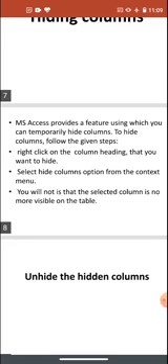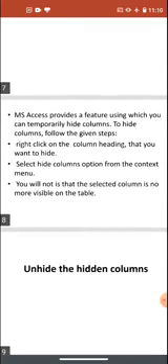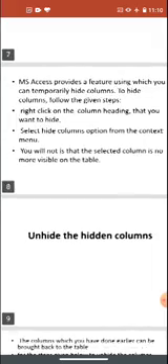So how will you hide the column? First you have to see the database and decide which column you have to hide. Select that particular column, and then do the right click. When you right click, a context menu will appear. In that context menu, select the option Hide Column, and you will see that the column disappears, but only temporarily. You can make it come back.